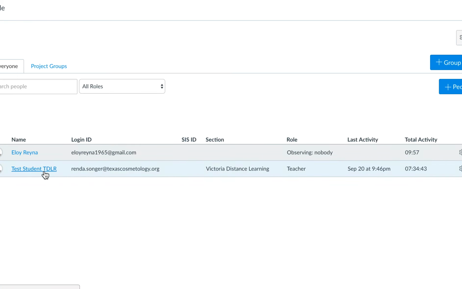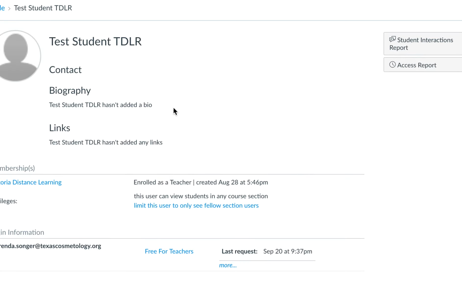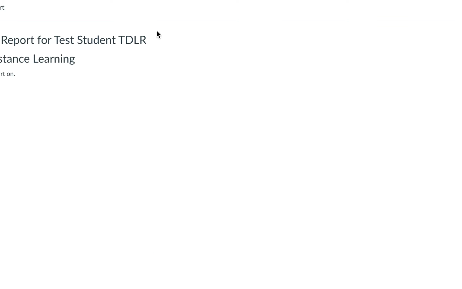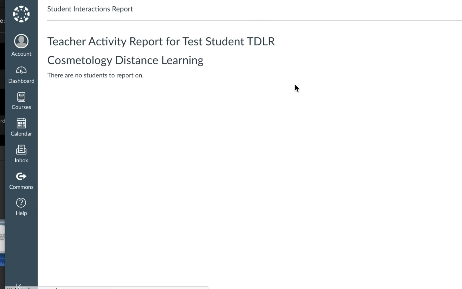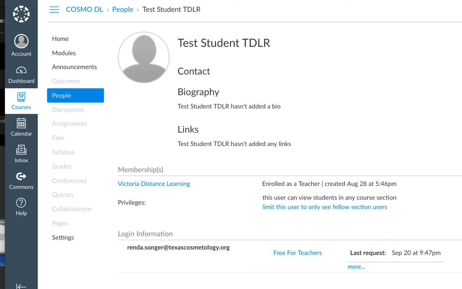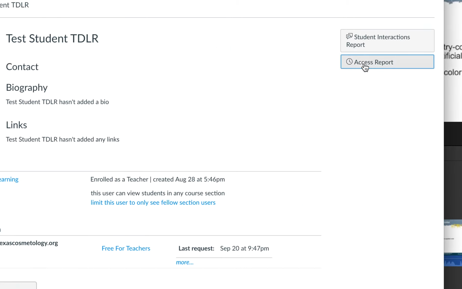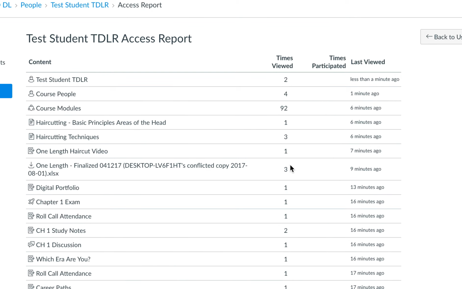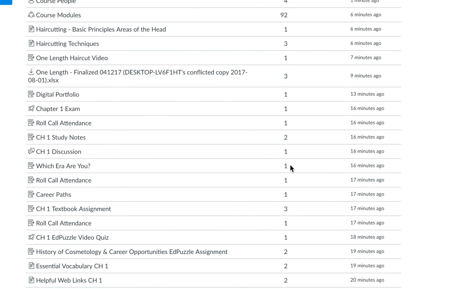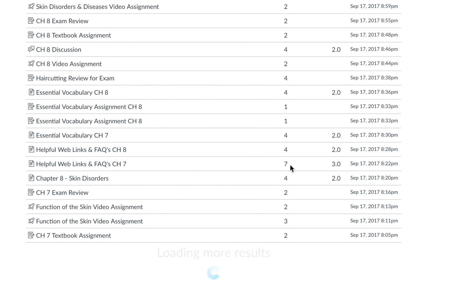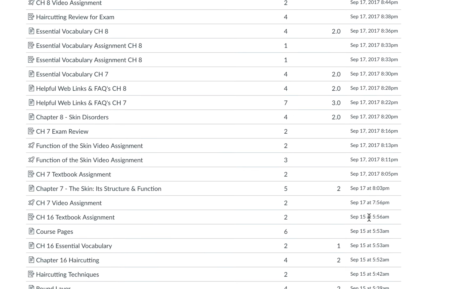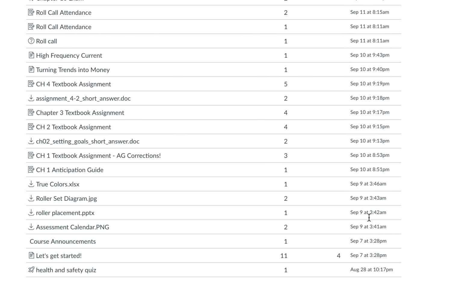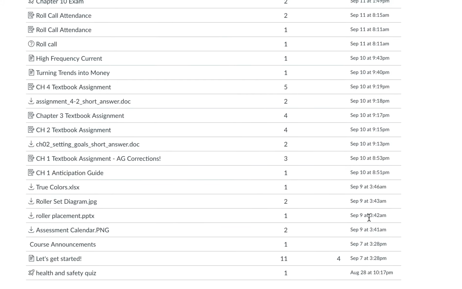In addition, when you click on the student's name, you can run an interaction report on each student. Move the screen over. So in this access report, it's going to tell you how many times the student has viewed each page and when was the last time they viewed the page. So it's going to give you the date and the timestamp of when they logged in